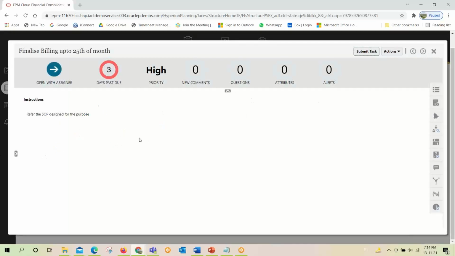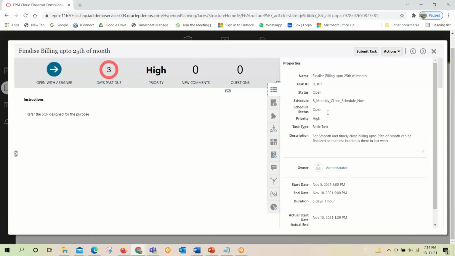And here you can see the details, the instructions, and who has assigned. The different options are available. What are the properties, the description, the start date, end date.